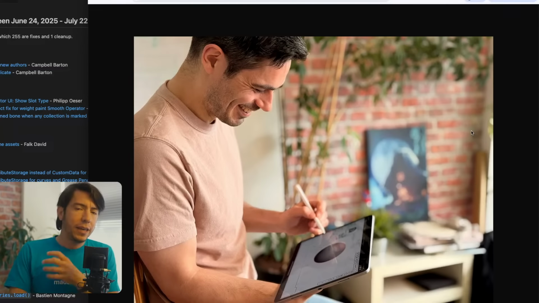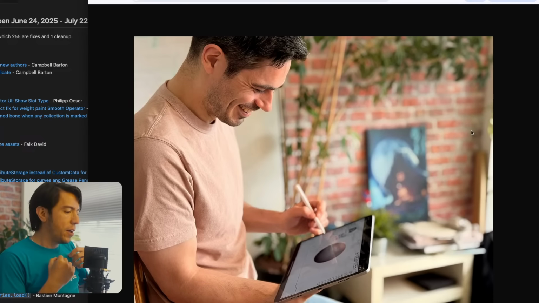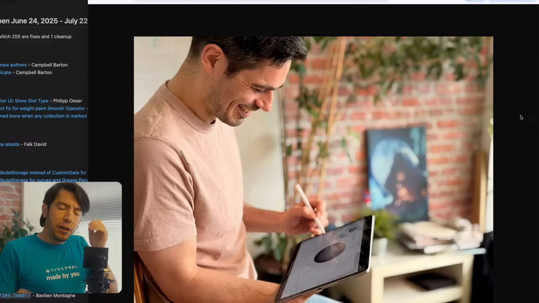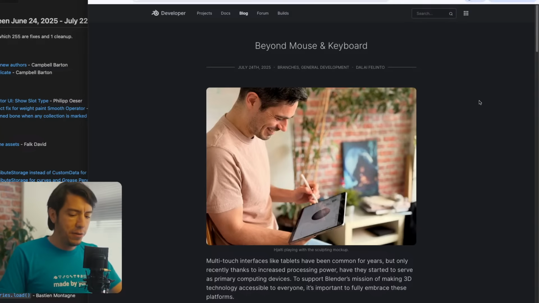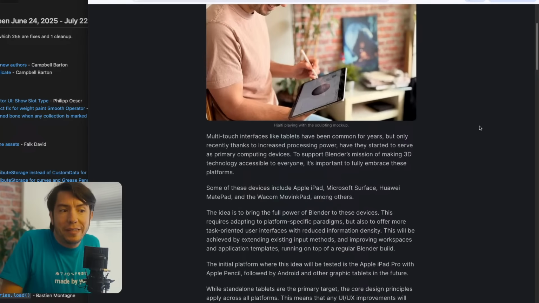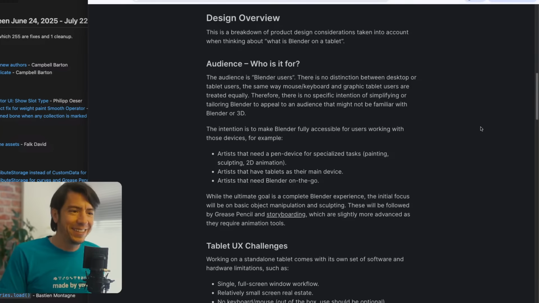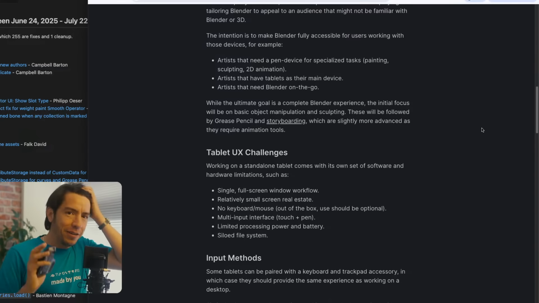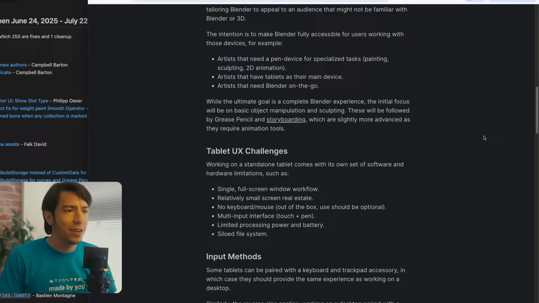Well, because it's not about Blender on iPad, Blender on iPhone, Blender on Android, Blender on a Wacom tablet. It's about all of that. It's about Blender on a tablet without this and without one of this. So no keyboard, no mouse. Basically, against everything that Blender has been going for in the last 30 years. Full mouse and keyboard. Actually, when I see people using Blender with one hand, no, that's not how you use Blender